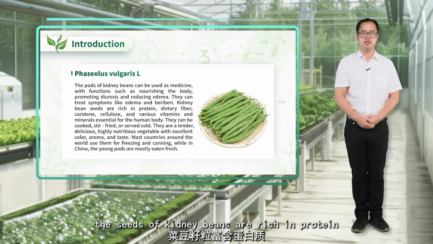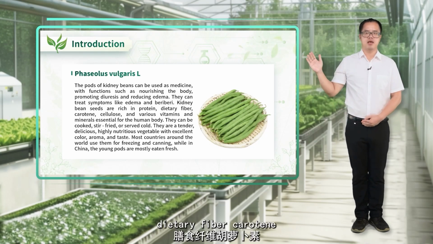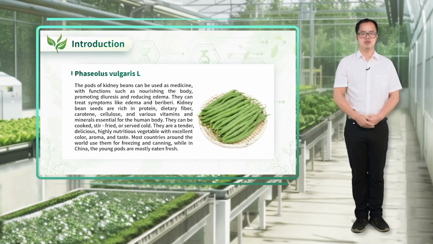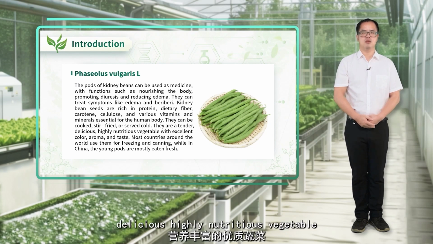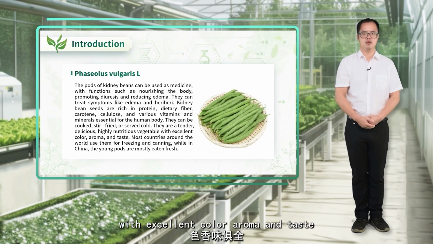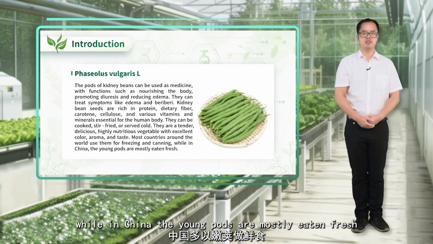The seeds of kidney beans are rich in protein, dietary fiber, keratin, cellulose, and various vitamins and minerals essential for the human body. They can be cooked, stir-fried, or served cold. They are a tender, delicious, nutritious, and high-quality vegetable with excellent color, aroma, and taste. Most countries around the world use them for freezing and canning, while in China, the young pods are mostly eaten